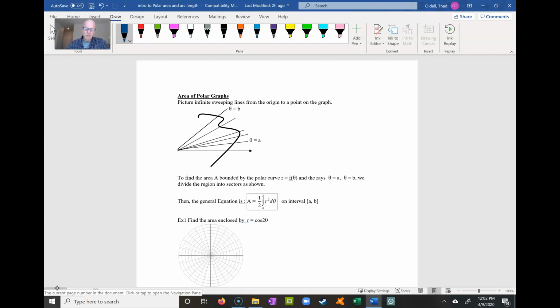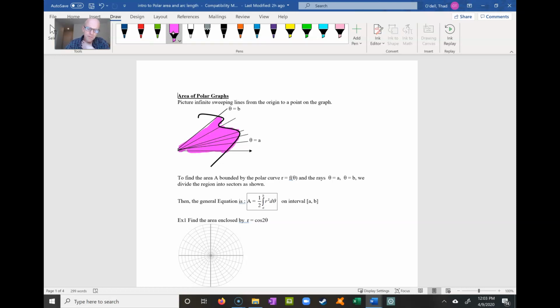That also produces a unique challenge, because if you remember, when you're using integration to find area, the process is dividing the area that we're trying to find up into little pieces. Now in rectangular, we divide the area up into rectangular slices. But because a polar coordinate system is based more on a circular system, where we're going out a certain distance and then turning around the outside of the circle, instead of using rectangles, we're going to use sectors. So you can see right here that if I'm trying to find the area of this region in here,